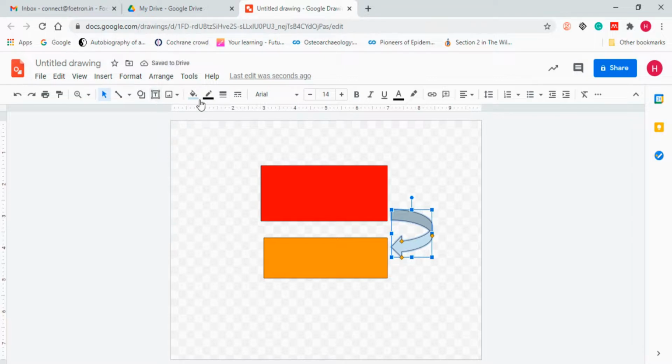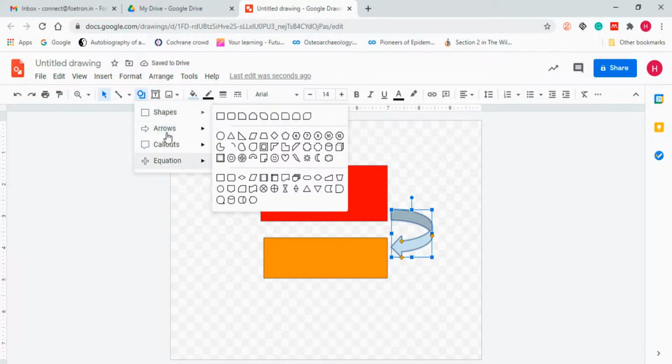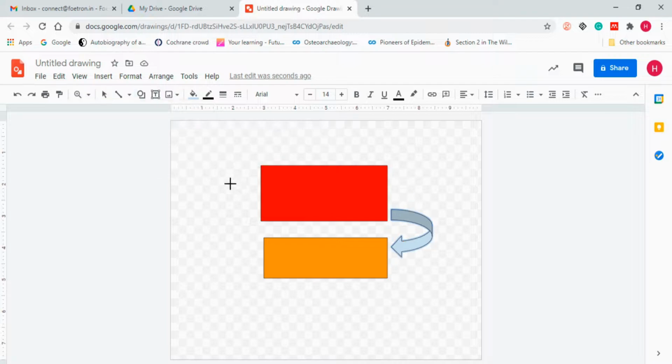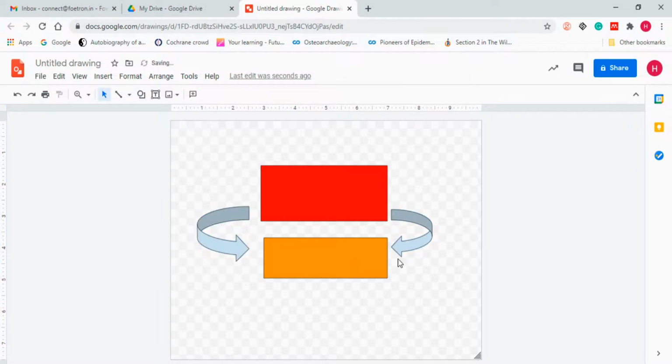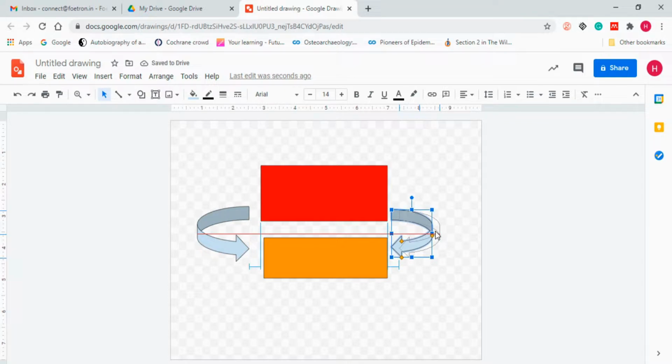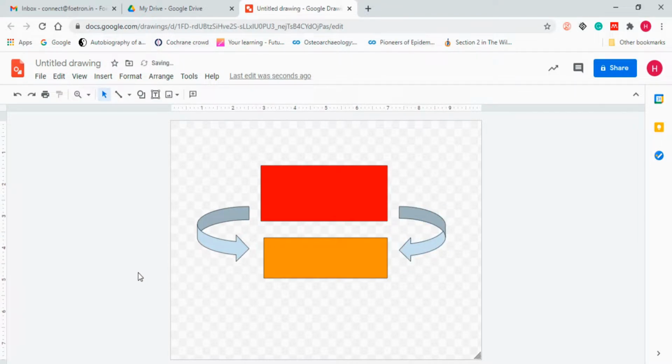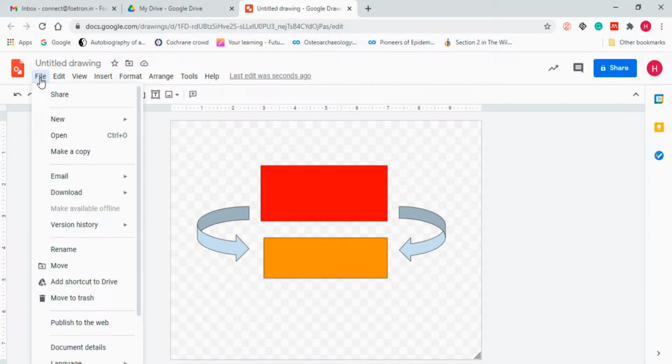Now it is right. Again, I will insert one more arrow. Now you can see this. Now, if I want to increase the size, you can see that we just made this in Google Drive right now. Now after this we go into the file section.